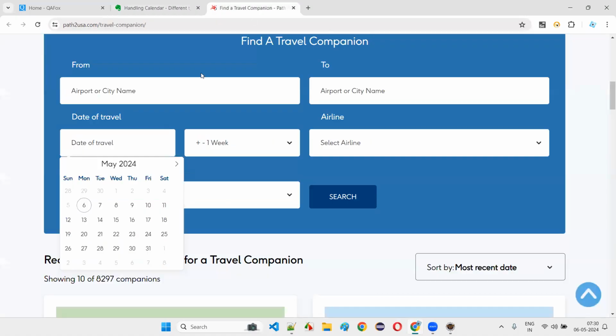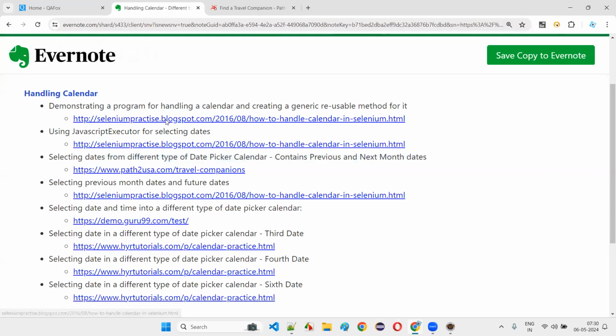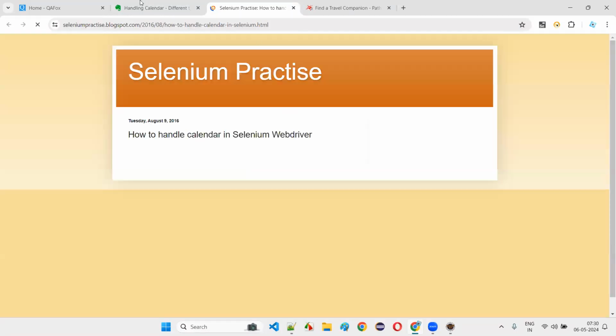When you click on this calendar, you see previous month dates are coming. Can you see 28, 29, 30, 1, 2, 3, 4, 5? These are shown as dates that you can select, but these are already over. This 28, 29, 30, 1, 2, 3, 4, 5 are already over, but 6, 7, 8, 9 are the possible dates. Today's date and tomorrow's date are there. But previous month dates are also coming here. In the earlier calendar, if you have seen,